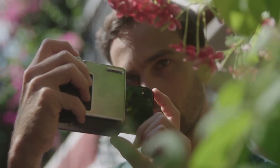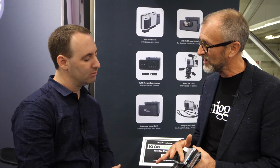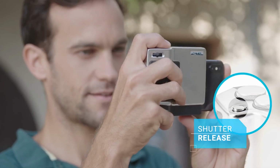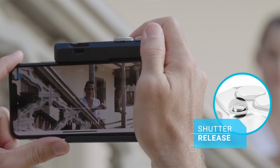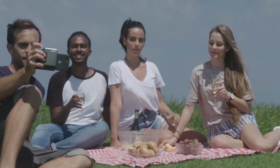Well, when we first launched our first product, we were told that there are two ends to the market. There's a position for the entry product, which we've already launched, and there's a position for something with higher build quality. So I've chosen the materials for this to be the same as my Pentax K1000, which is brass with a chrome finish. It's got a nice chunky feel and weight to it, and all the wheels and controls are much more positive and